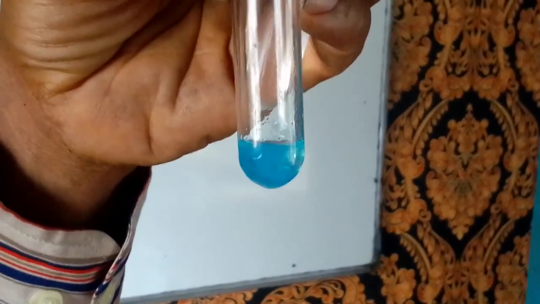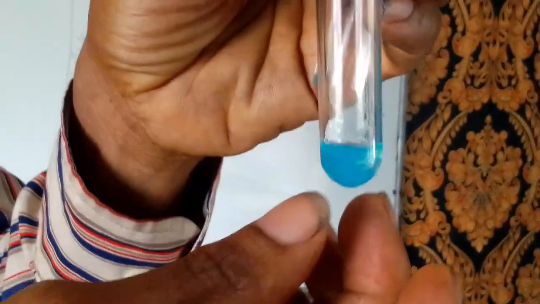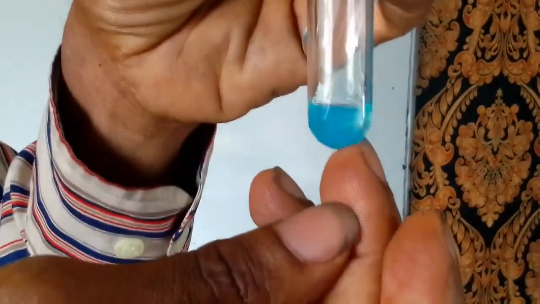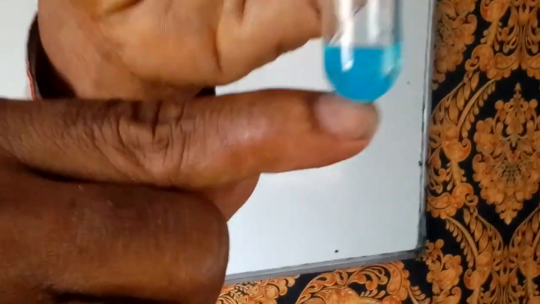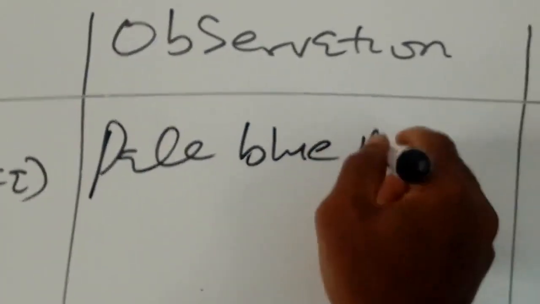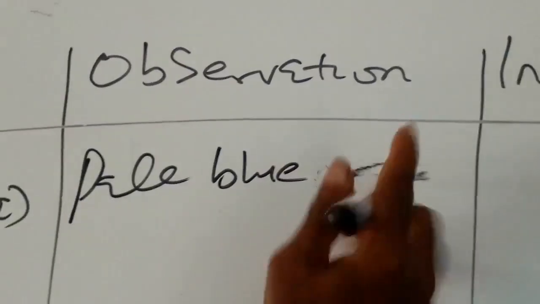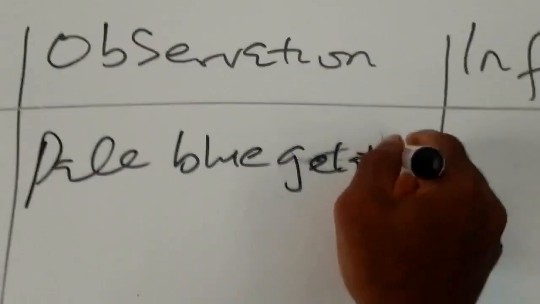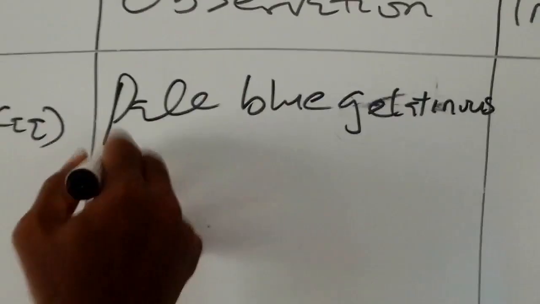As I said in my previous video, when you mix two solutions and you form a solid, that solid is called a precipitate. So you have a blue, but it's not pure blue, it is pale blue in color. So we'll go to the board and write our observation. For this aqueous, we write the observation: pale blue precipitate. Or we can say pale blue gelatinous, because that blue has a kind of jelly nature. Pale blue gelatinous precipitate